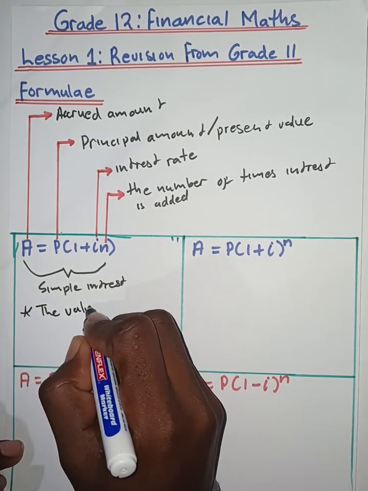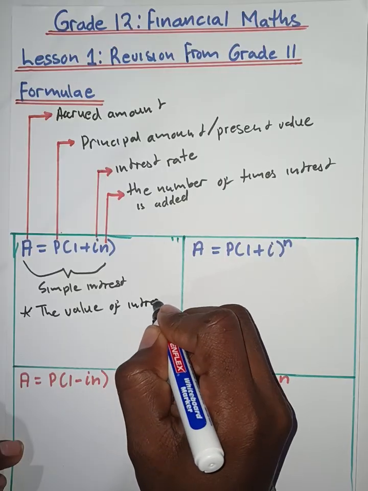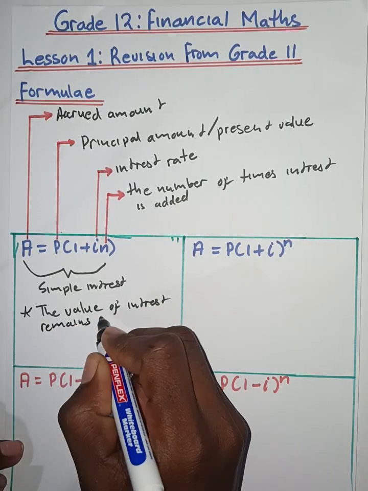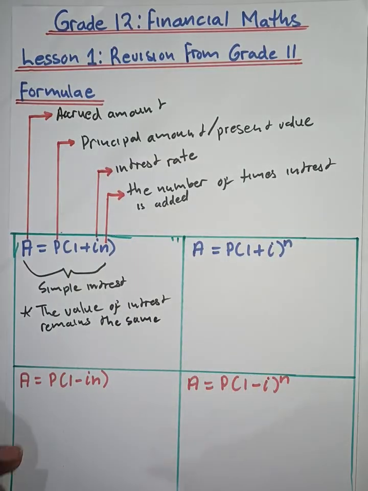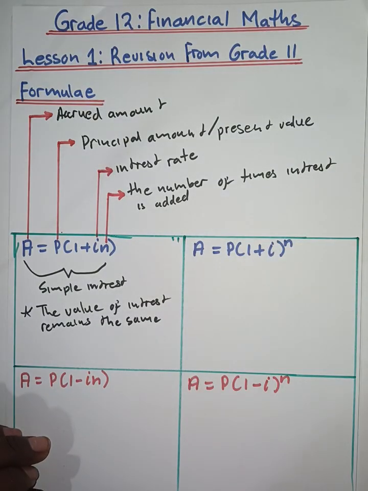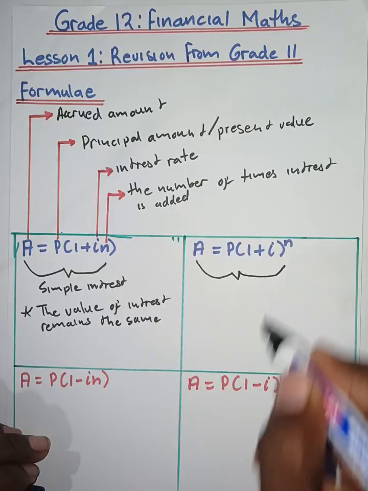So in the simple interest formula, the value of interest remains the same. In this case it doesn't change, whereas, of course, in the compound interest formula, so this is actually the compound interest formula,